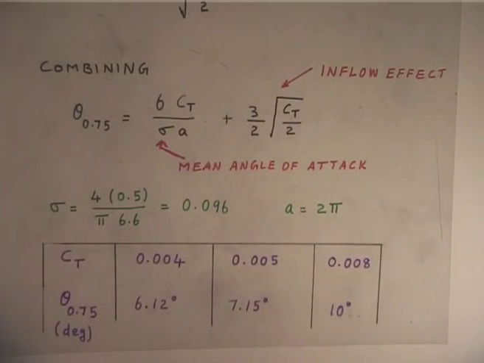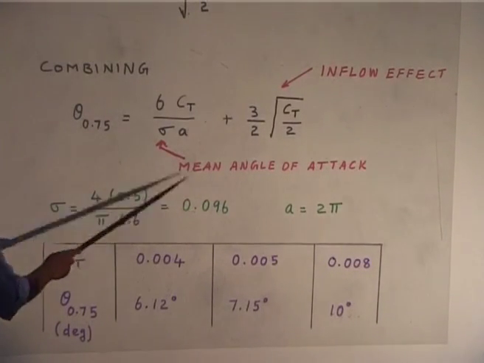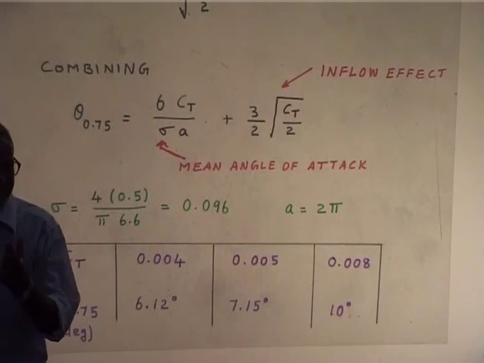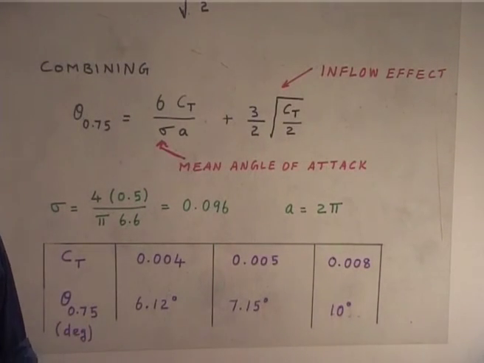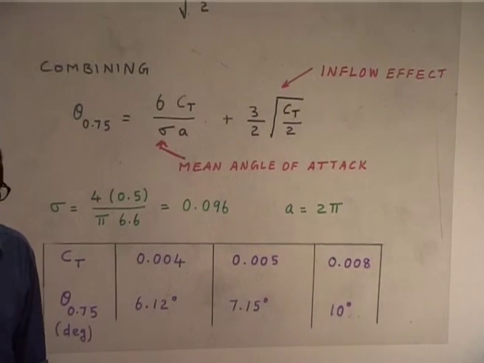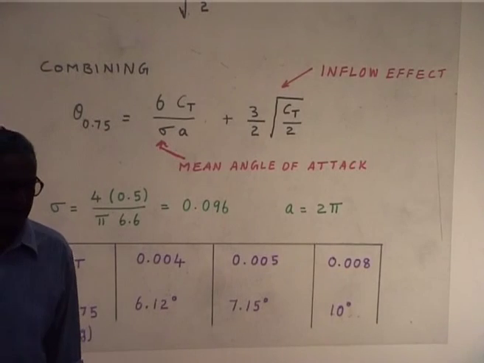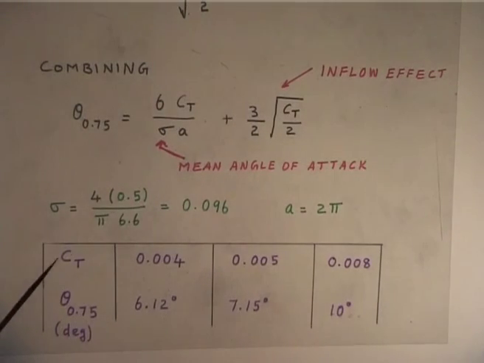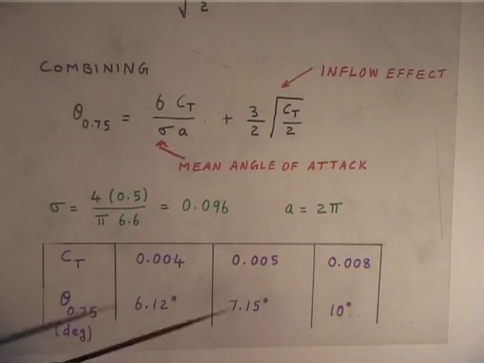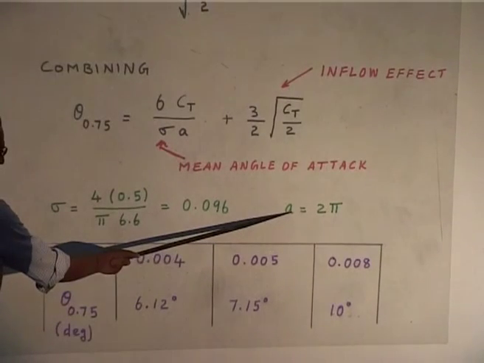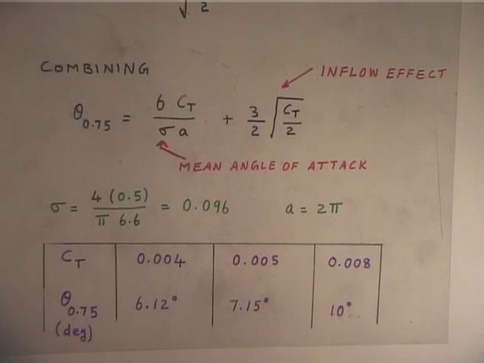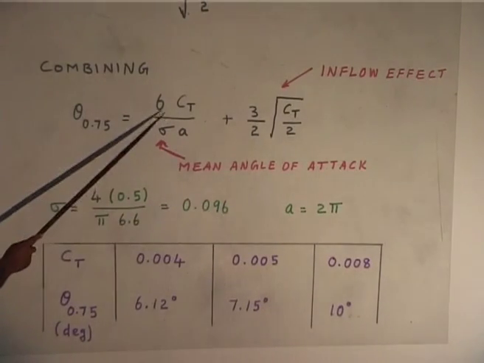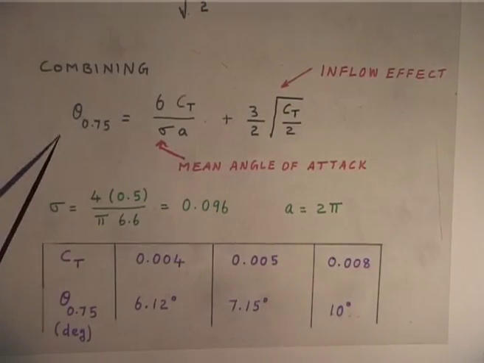Now, this value of sigma is about 0.096. Only one particular rotor has a value of about 0.13, which is a high sigma, not all. Most of them will be around 0.096, and I use the value of lift curve slope as 2 pi, and I am using this expression